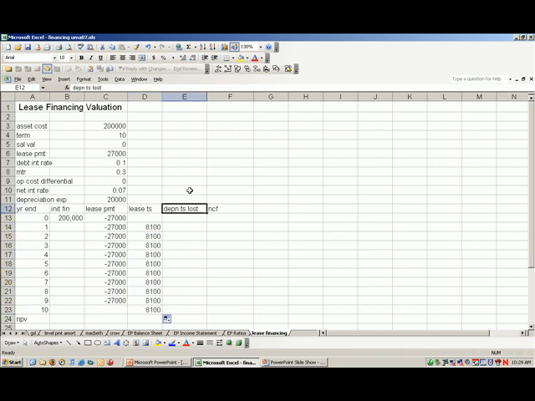Now, if the firm leases instead of buying the asset, the firm does not get to record depreciation expense on its income statement, and so the firm loses the depreciation tax shield or tax reduction. Hence, the depreciation tax shield lost is a differential cash flow between the buying and the leasing options, and we have to take it into account in our lease financing valuation.